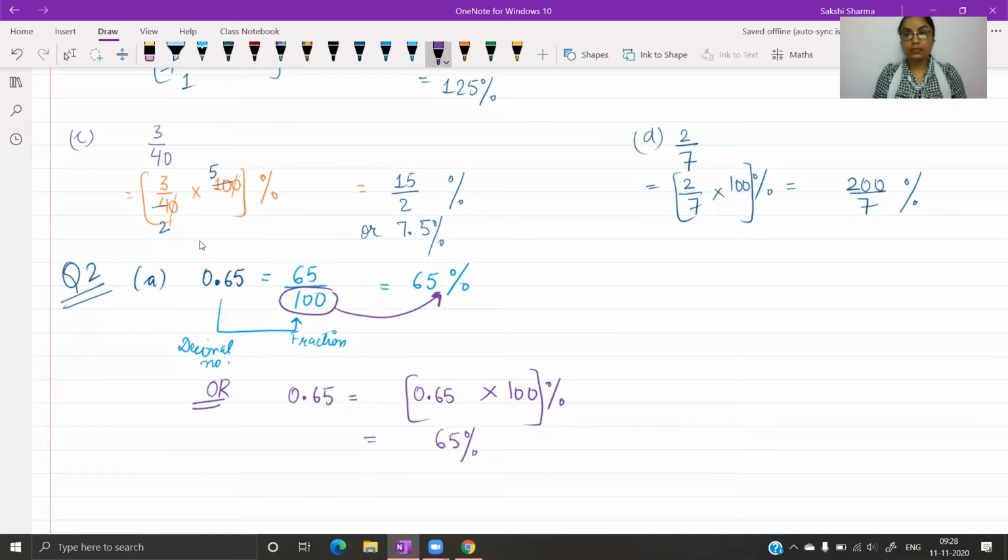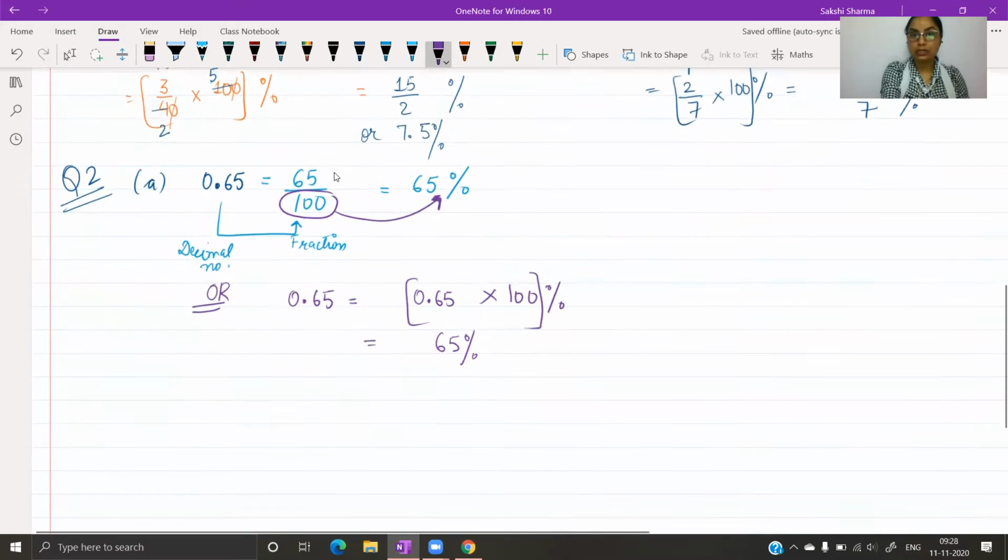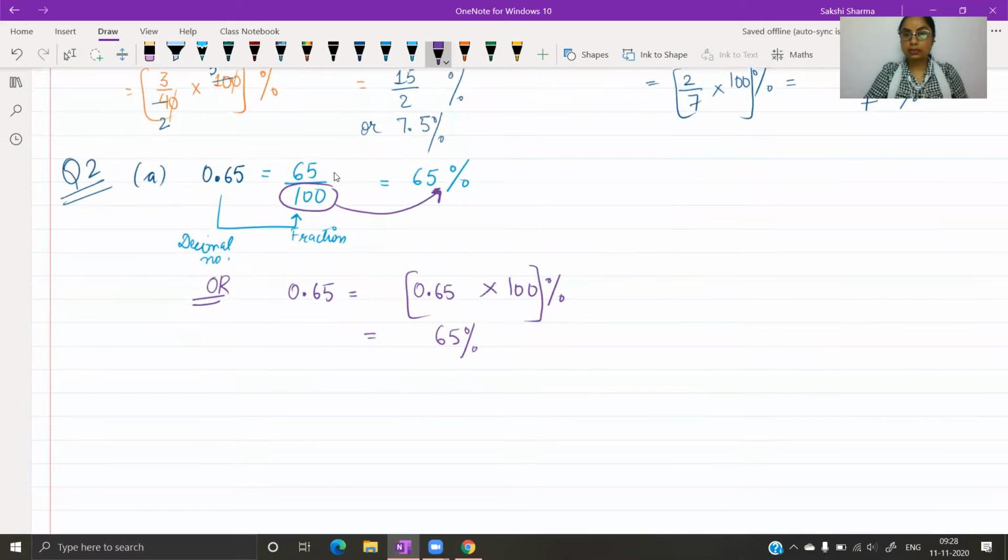You can solve this multiplication of decimal numbers with 100 either by the shortcut that you had, or you can convert the decimal number into a fraction and then do this. This is like a chapter 2 question. If you can recall, we did multiplication of decimals there. So you can do it from there, or you can do it with the help of fractions, whichever way you like. That's it. I will take one.